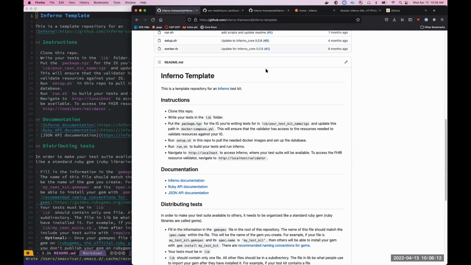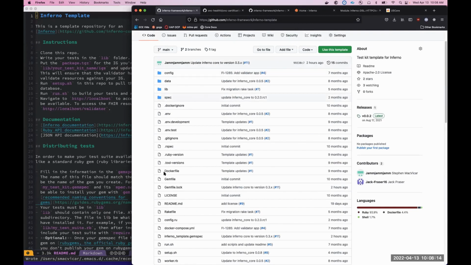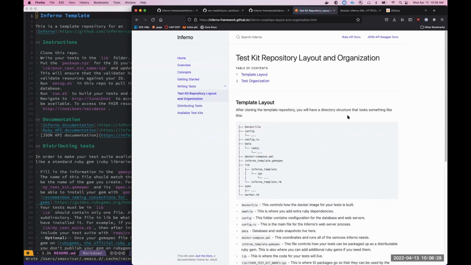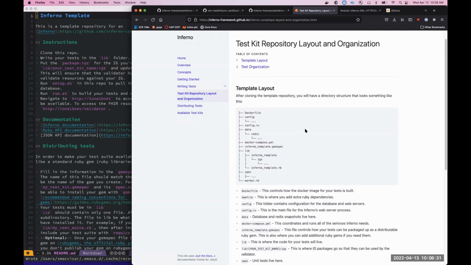All right, so let's get a quick overview of what is in this template repository. And here, back in the documentation, there's this section on test kit repository layout and organization. So this isn't every file that's in there, but these are the main ones. The Dockerfile,